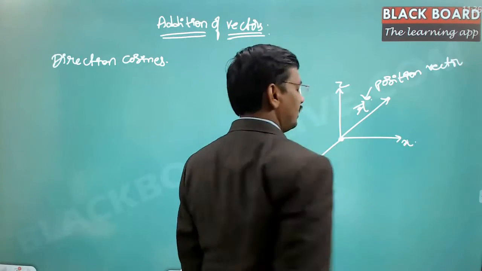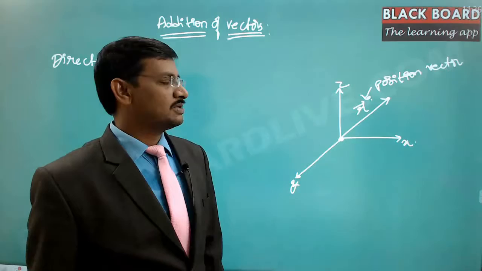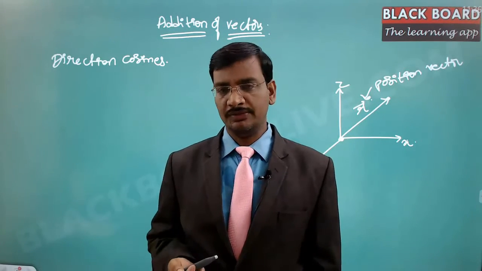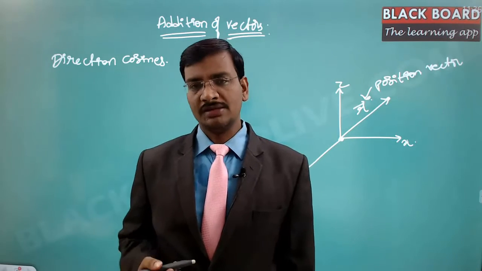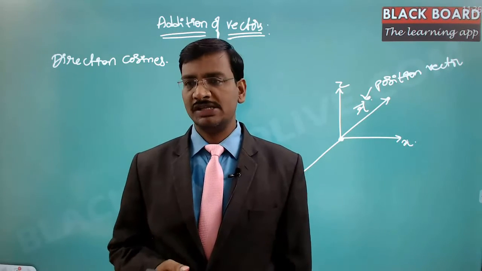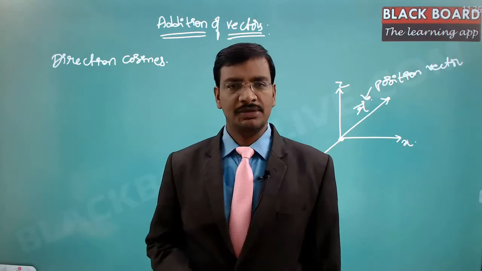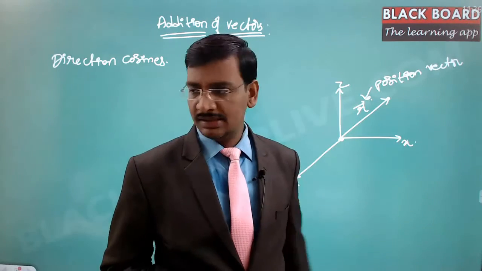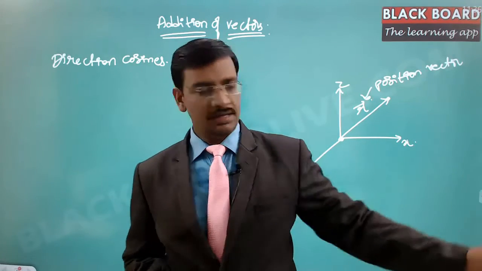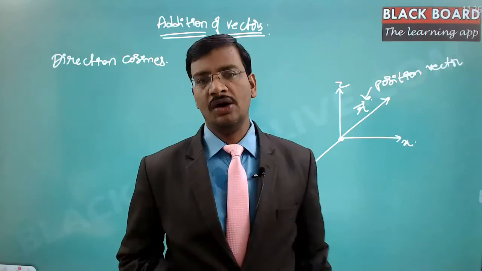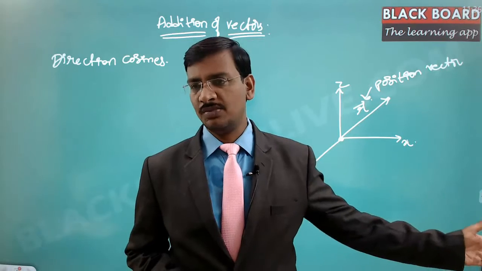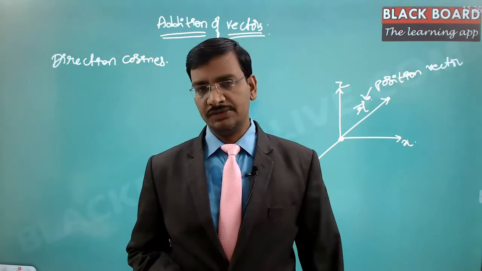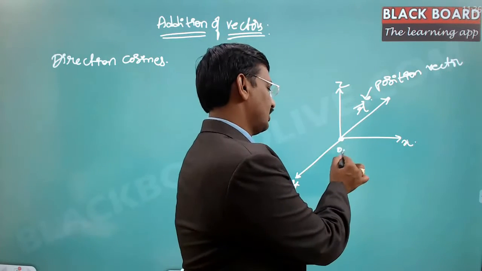Now, one question: if I wanted to represent a unique direction in three-dimensional space, how many angles do we need to remember? Let me give a simple example. Let us say this is the x-axis, this is the y-axis and this vertical is the z-axis. We have three different axes at the left bottom corner where we are standing, and that corner is the origin, the point 0, 0, 0.